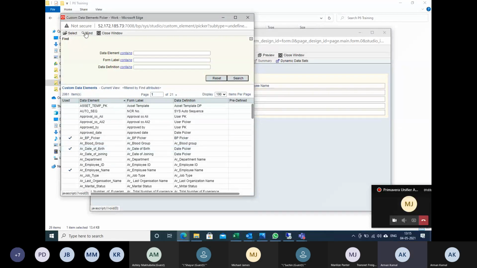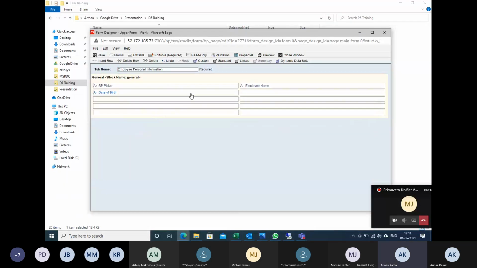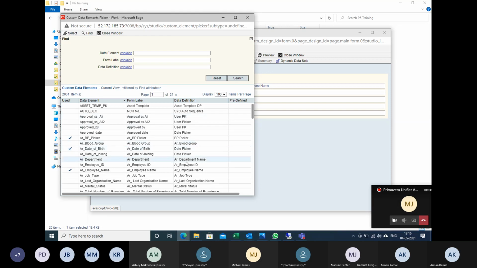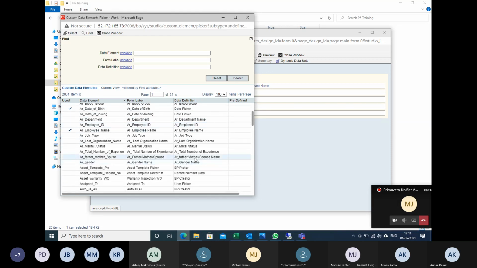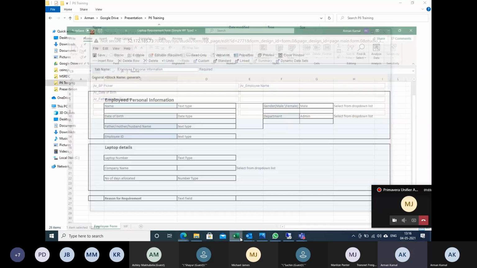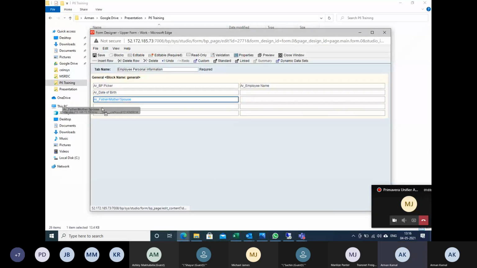Date of birth. Yes. What are the other fields? Spouse name, employee ID. I will put employee ID here, that is the better way.